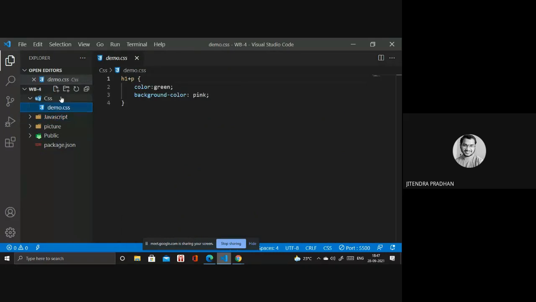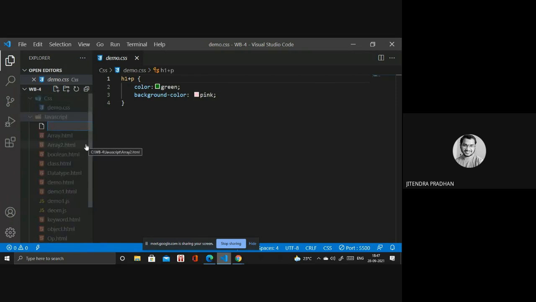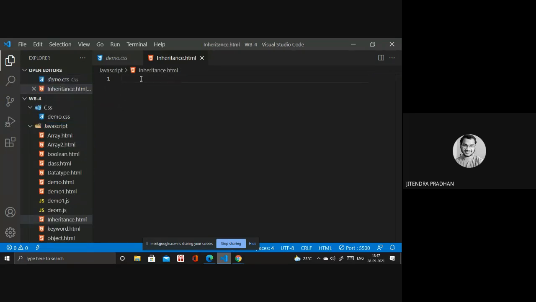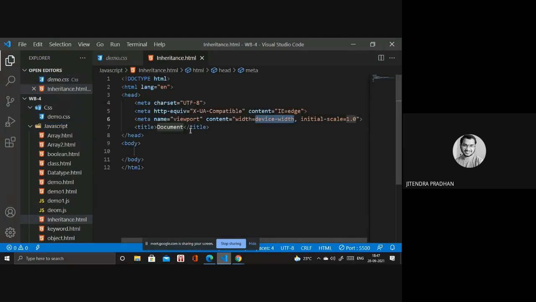You need to create a file, inheritance.html. Next, the script tag.